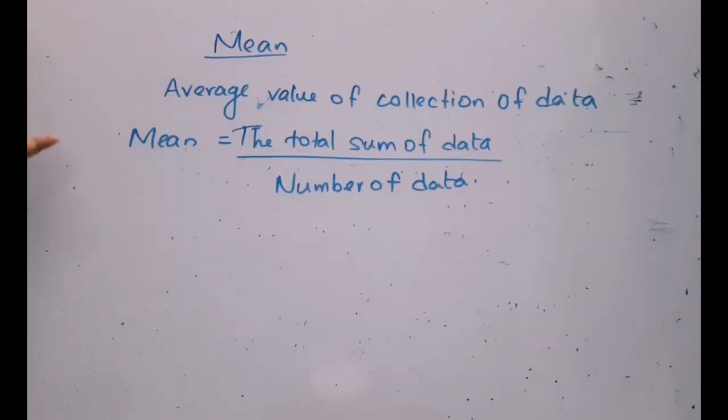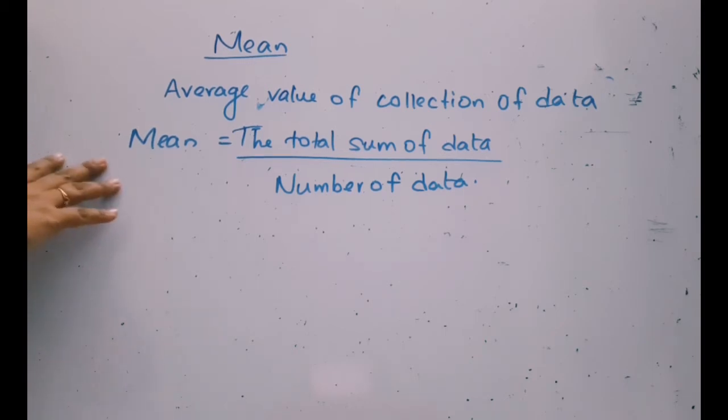So the next topic is going to be finding the mean of the data. So mean is actually the average. You might have heard the word average already. In your report cards, children, there is a column known as average marks. So how does your teacher find your average marks? She adds all the marks of your, let's say, 10 subjects. She adds everything and then she divides it by 10 in order to find the average marks. Am I right? So this is how you find the mean here. So the mean is the average value of a collection of data.